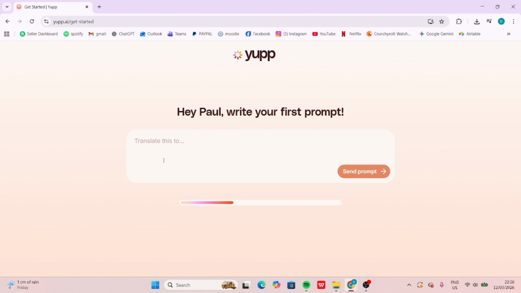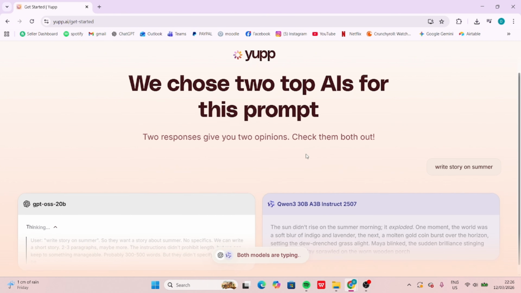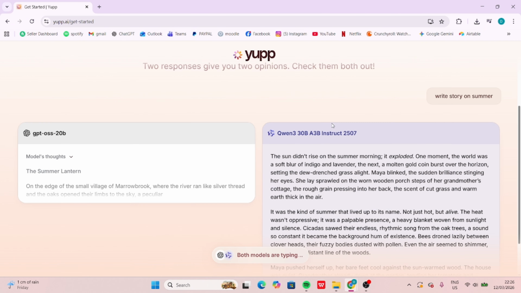Then you will see this page, and as you can see here, there is this box to put your prompt. For example, you can type whatever you want, for example, write a story on summer. Then you just click here to generate, and as you can see here, Yupp AI will generate different options